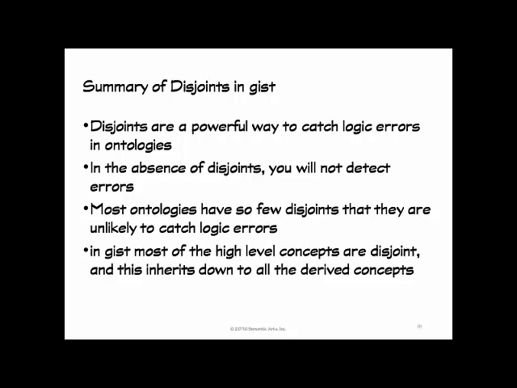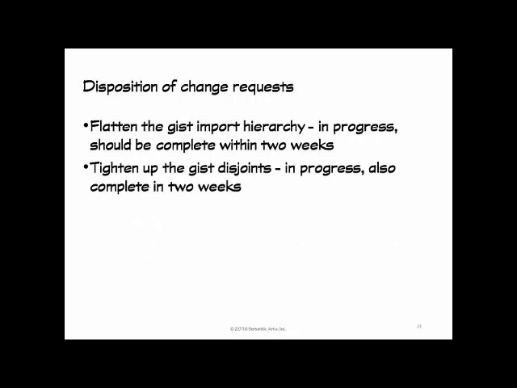So we've got in GIST a small number of high-level concepts that are almost completely mutually disjoint, inheriting down to all the derived ones, and we think that's going to help both us and anything derived from GIST have a much better chance of catching logical errors. So that was it for